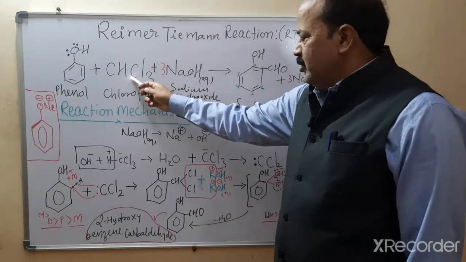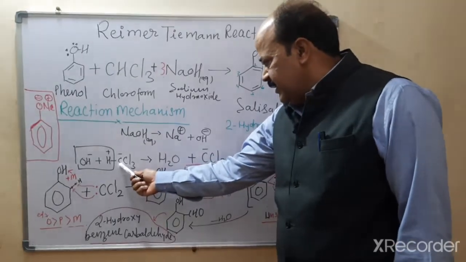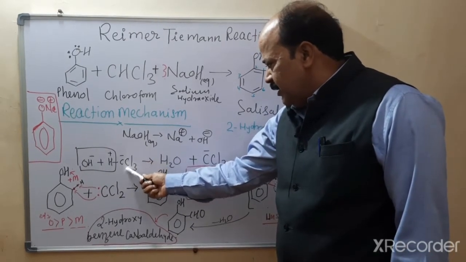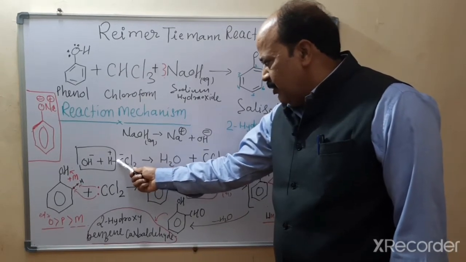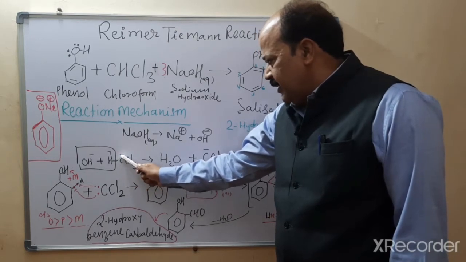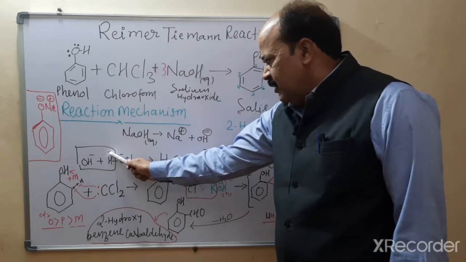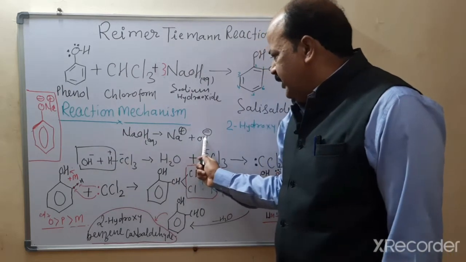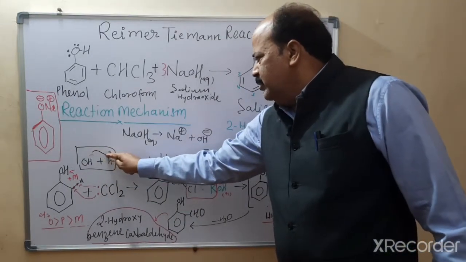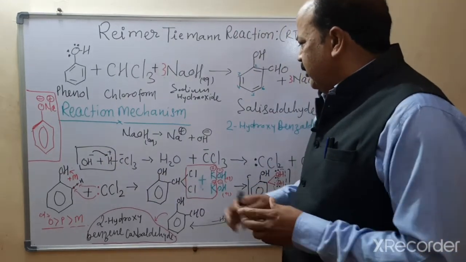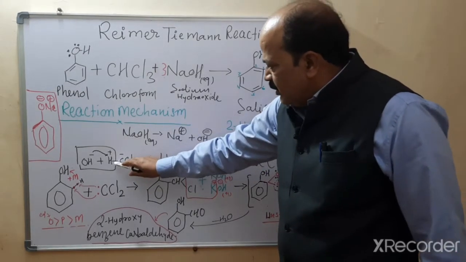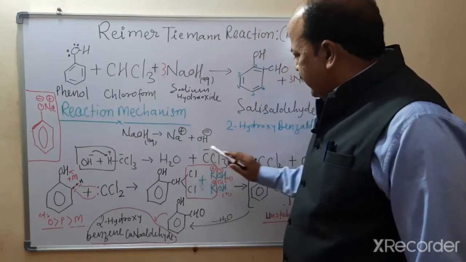Thereafter, you know, this is chloroform, and it has a structure like this: carbon directly attached to hydrogen, and this carbon also has 3 chlorine atoms. Because carbon is more electronegative than hydrogen, the bond pair of electrons is gained by the carbon. Thereafter this carbon carries a negative sign and this hydrogen carries a positive sign, and OH from here acts as a nucleophile. So this will take the hydrogen ion, and after that this will form water. The CCl3 ion, because this carbon took the electrons from the hydrogen, carries a negative sign.